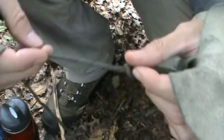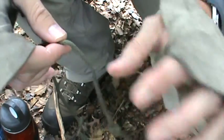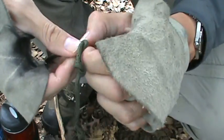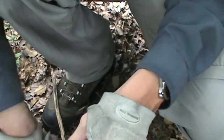Piece of parachute cord out of the kit, and every 100 paces I just tie off a knot. 200 paces, tie off another knot. 300 paces, tie off a third knot, so on and so forth. As I'm backtracking, I just start untying the knots. Now, it doesn't have to be parachute cord. I can use the shoelace that I use to carry my water bottles,